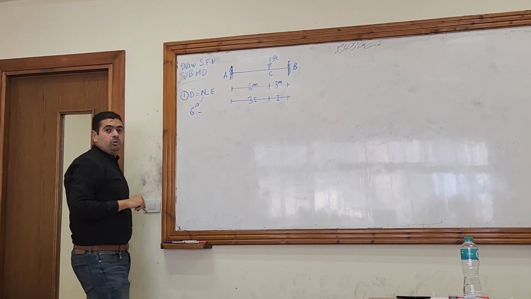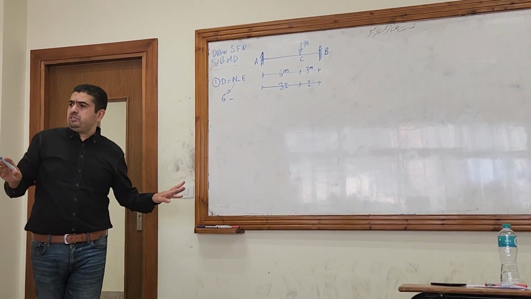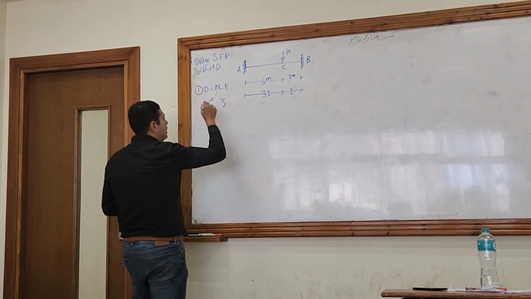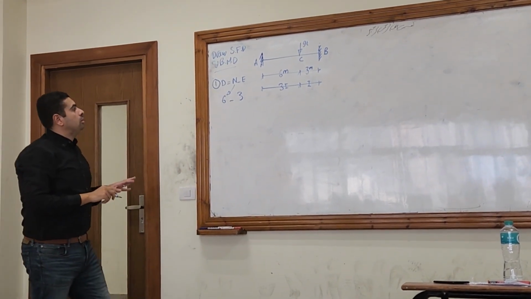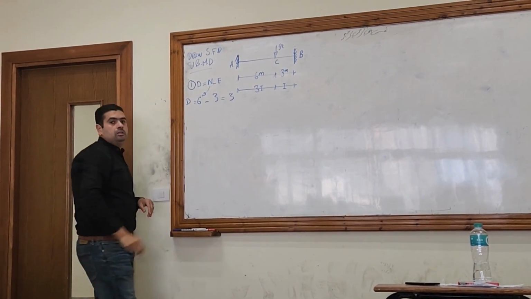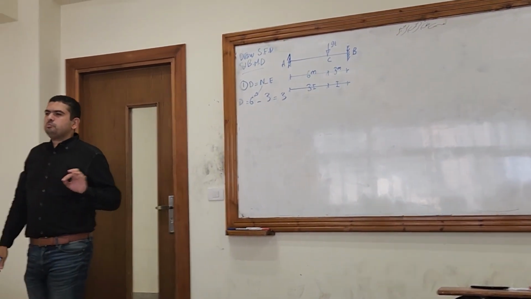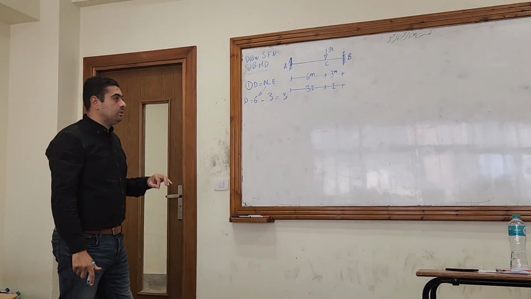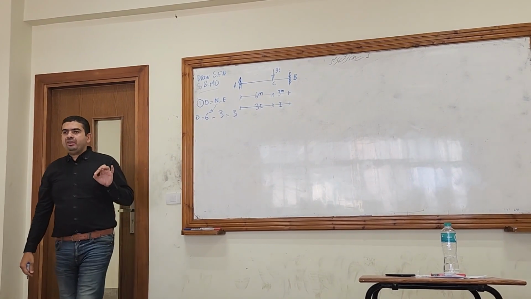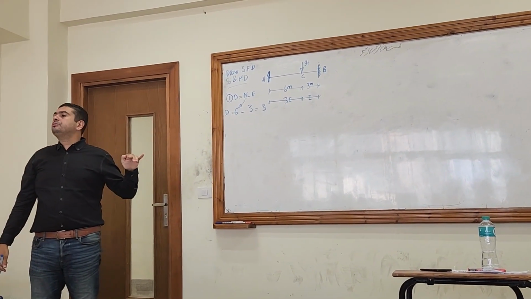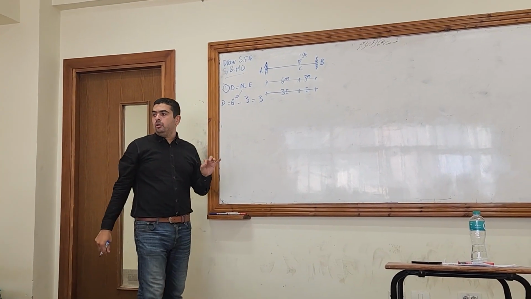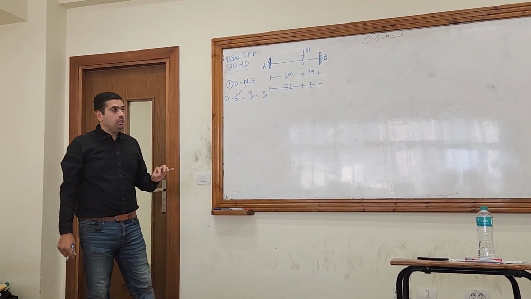What about the number of equations? The equilibrium equations I have, the sigma x, sigma y, sigma moment, so there are only 3 equations. So the degree will be 3, right? No, not right. There is a small trick here. What's the trick? When you find more than one horizontal reaction,